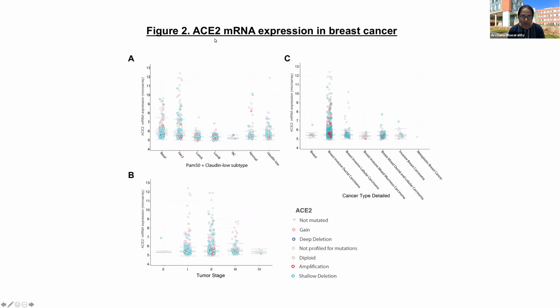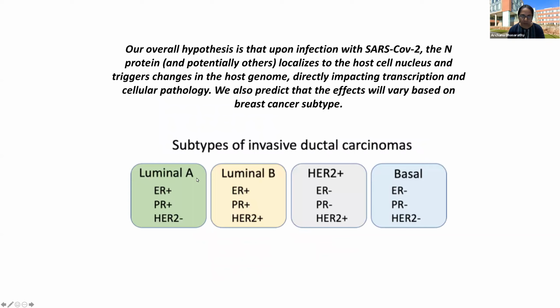Further, the expression of ACE2 in breast cancer can vary based on the subtype. As you can see here, for example, the breast invasive ductal carcinoma has higher expression of ACE2 compared to the others. So this is our hypothesis that this N protein would localize to the nucleus of the cell, and the effects of the protein are also going to vary based on the breast cancer subtype if it has differential expression